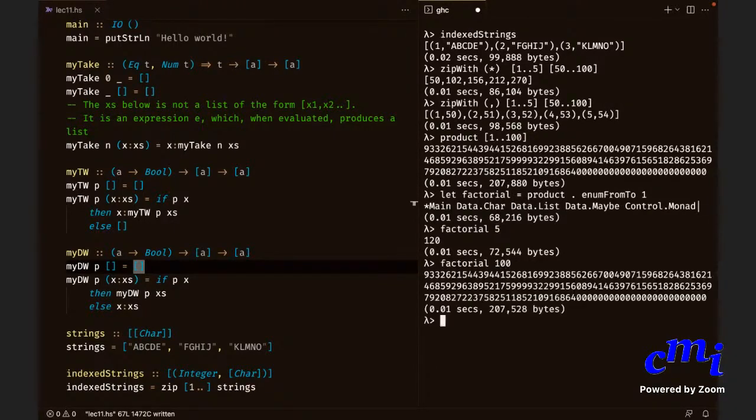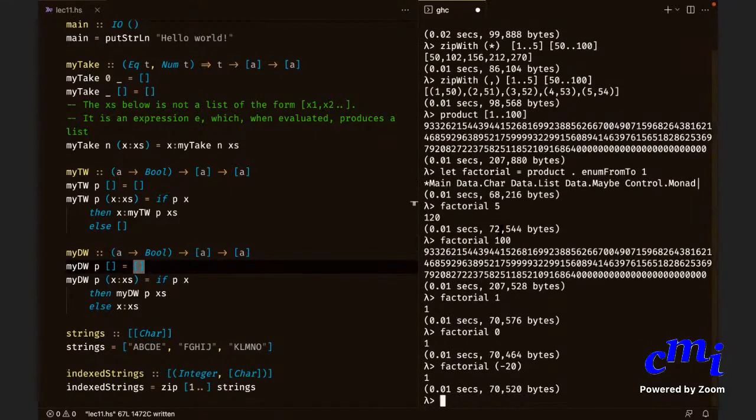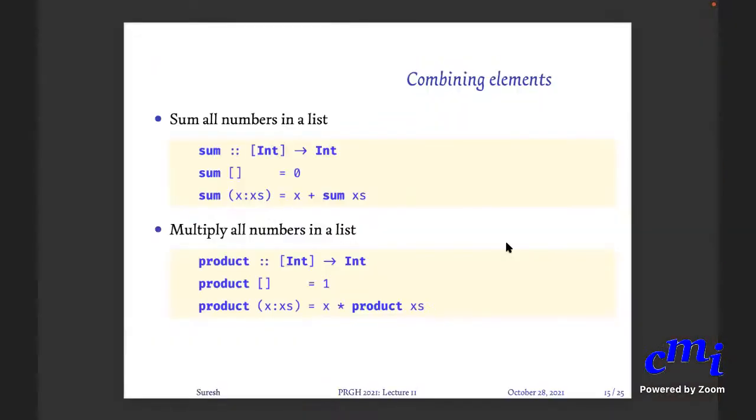Yes, we'll get all this. I suppose you can also do factorial of some negative numbers and it will work correctly, because enumFromTo 1 of a negative number will actually be an empty list. So there is nothing to do, product of that will give you 1 always. So factorial 1 will give you 1. Factorial 0 will also give you 1, as you are expecting it to be. Factorial of any negative number will give you 1. This is a very simple way of defining factorial and the most effective way.